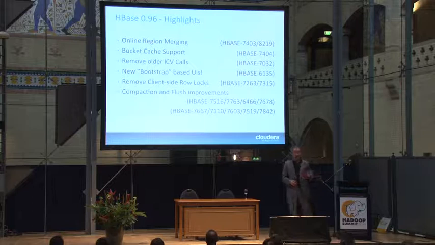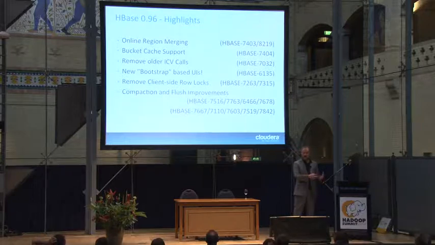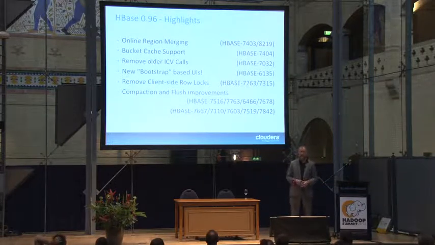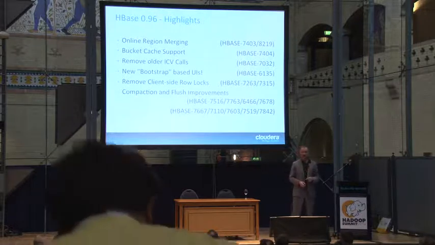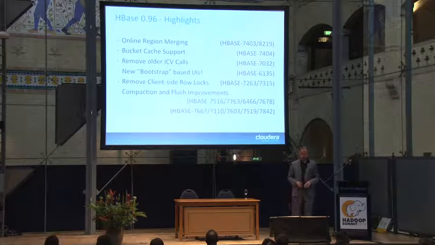We get a new type of cache, not just that off-heap cache. Now we have a bucket cache, which allows you to store a cache on SSDs, which is an interesting use case. So instead of having expensive memory to store it in, you can have now, say, a half a terabyte SSD and use this as a cache, which is an interesting proposition. This was contributed by the Fusion IO guys, so interesting use case as well.